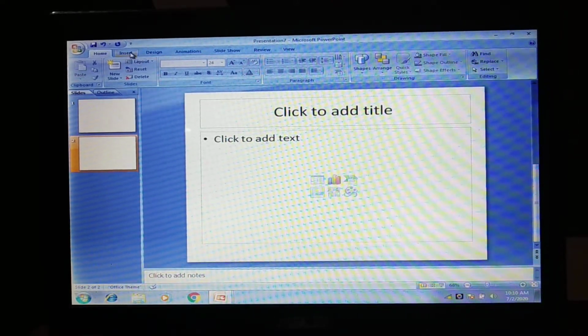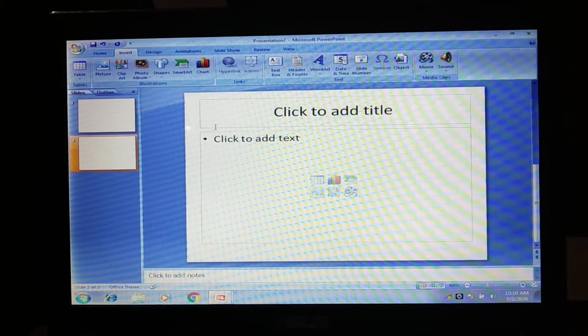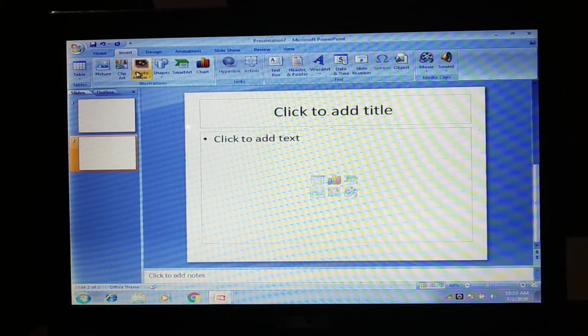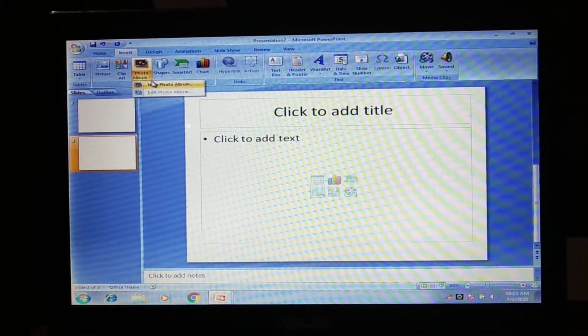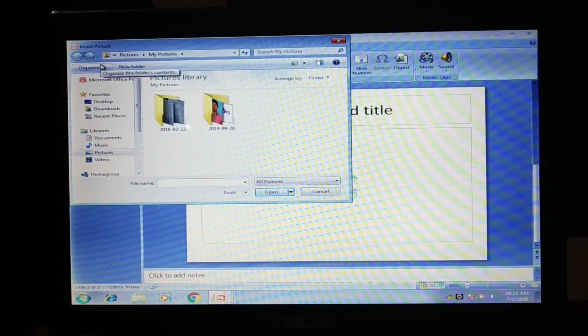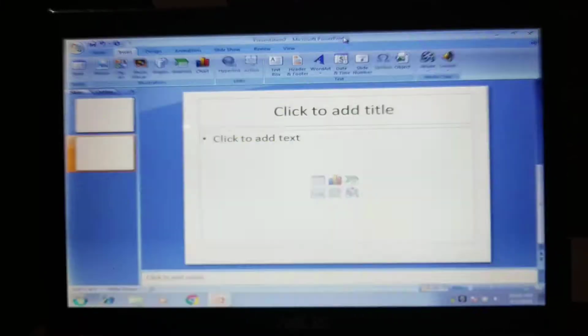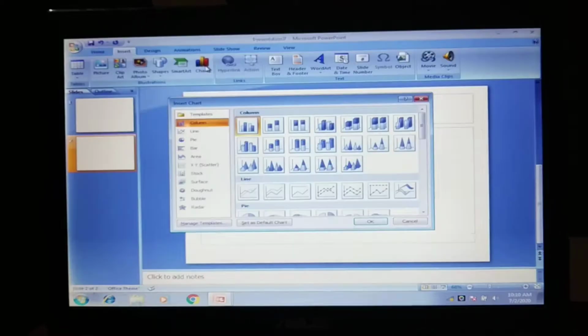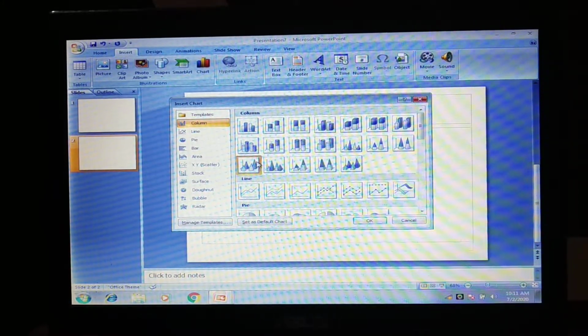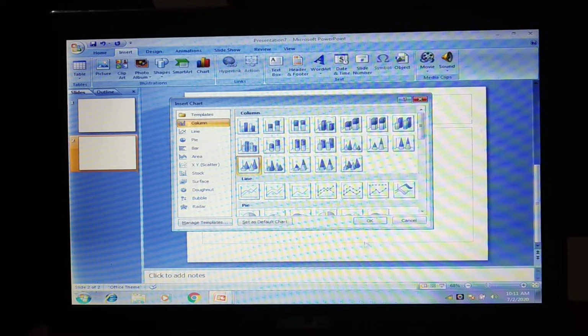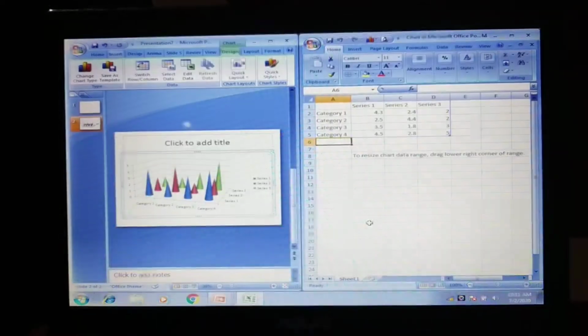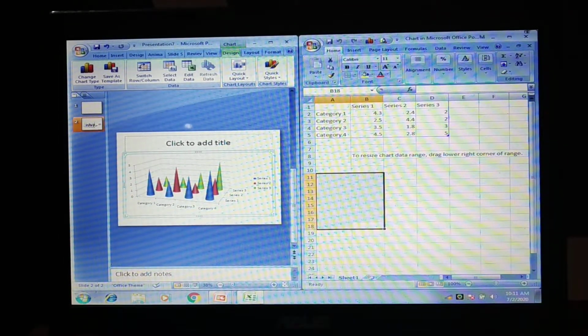And then by going to the Insert button, you can paste some pictures, paste some charts, whichever you feel like. See, after selecting, you just click OK. A particular chart will be added.